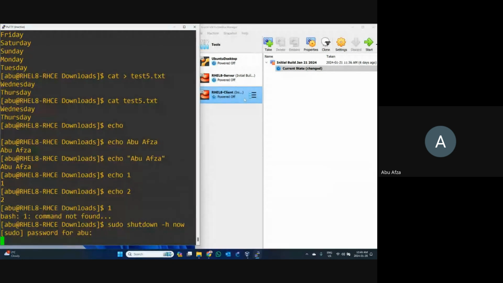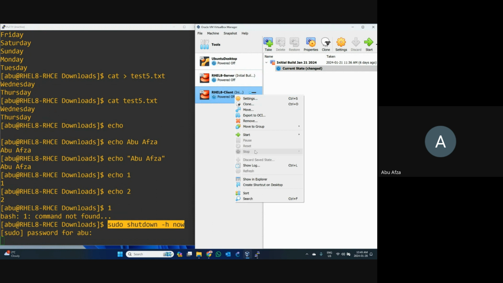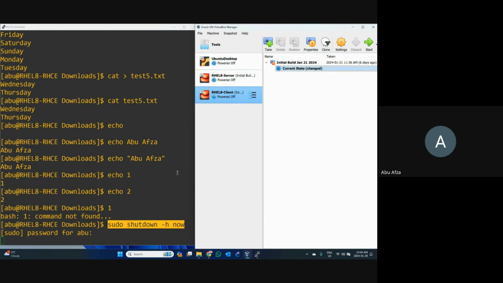Now it worked perfectly. Always close your operating system properly. Properly means use at least the command, or you can use the proper way. That means you can go to the environment and use the shutdown button. Don't forcefully shut down anything in VMware because that one is third party, that one is free. If you stop it unexpectedly like this, next time it may work, maybe not. We don't know. So don't do that.